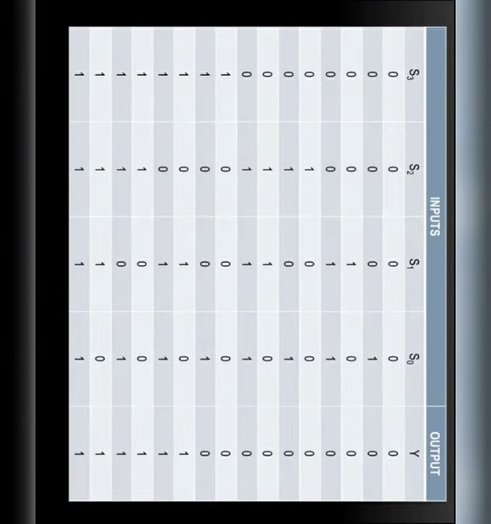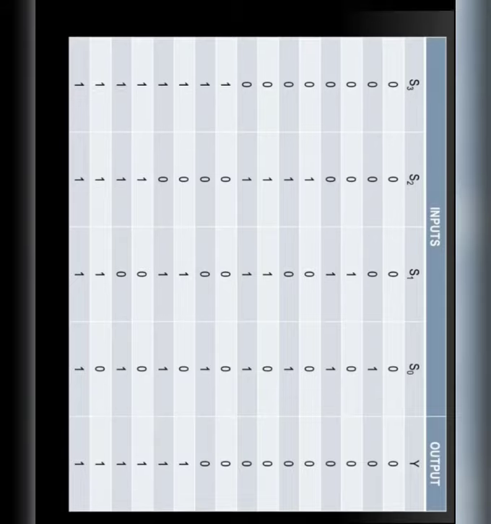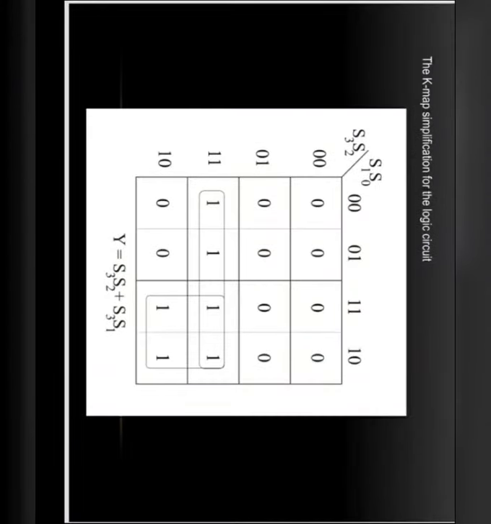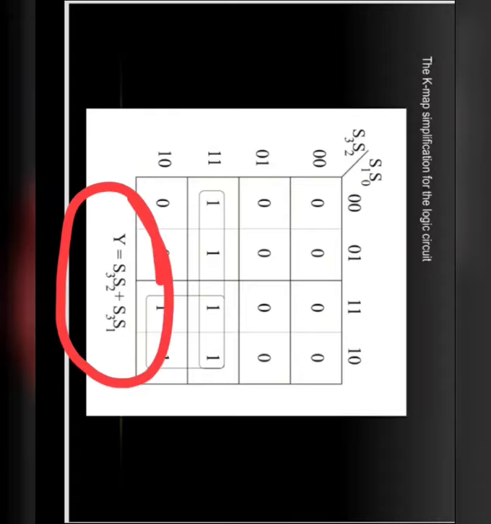This is a simple truth table, you can see, just to design the logic circuit for checking whether the input is greater than 9 or not. From this truth table I have drawn the K-map and I am getting the equation here.